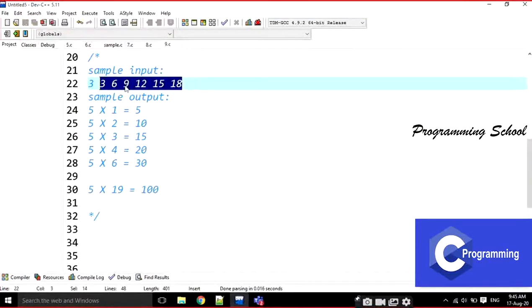Got my point or not? I am going to print the 3 table from 3 1s are 3 to 3 20s are 60, but we are not printing the values inside that are the multiples of 3. We are not displaying those values. If it is the 4 table, we are not printing 4 4s are 16, 4 8s, 4 12s, 4 16s, and 4 20s also. Like that we are not printing.